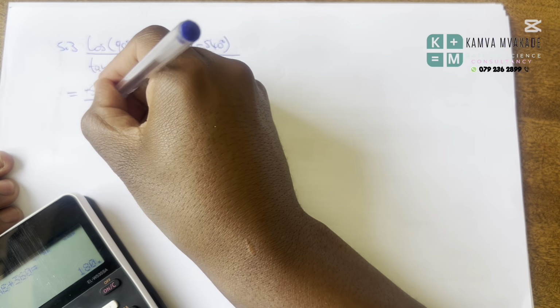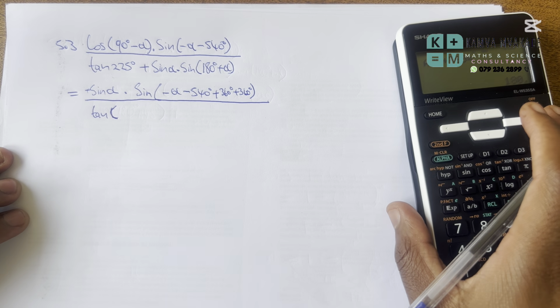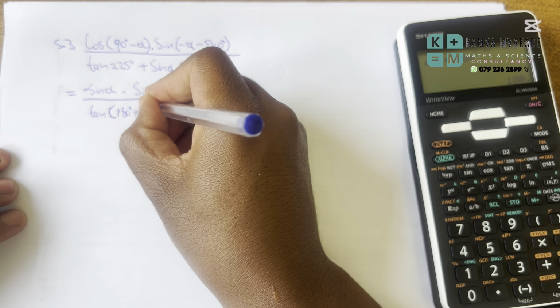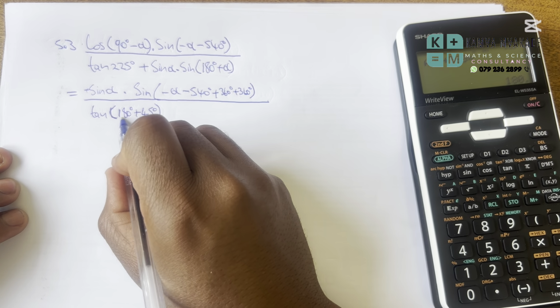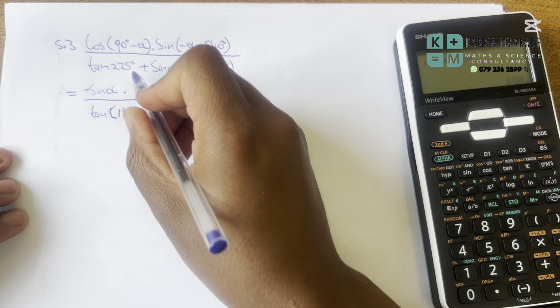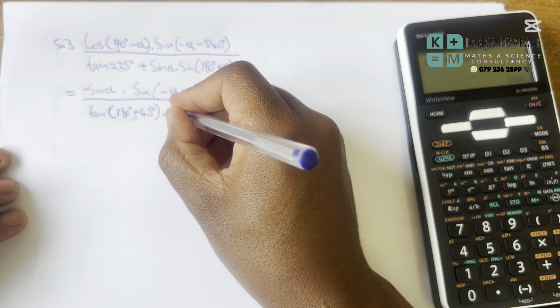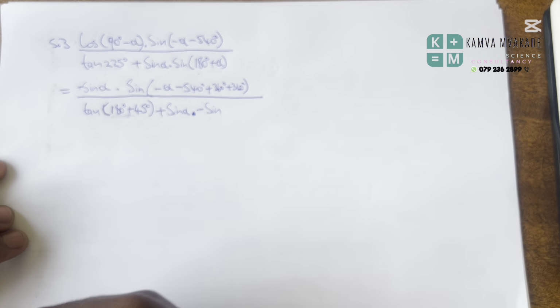all over tan. Now we need to represent this in terms of reduction formulas and an acute angle. So this is going to be 180 degrees plus 45 degrees, because 180 is a reduction formula. 180 plus 45 still gives us 225. Plus sine alpha multiplied by sine of 180 plus alpha. It is quadrant number 3. Sine is what? Sine is negative. So we're going to have negative sine